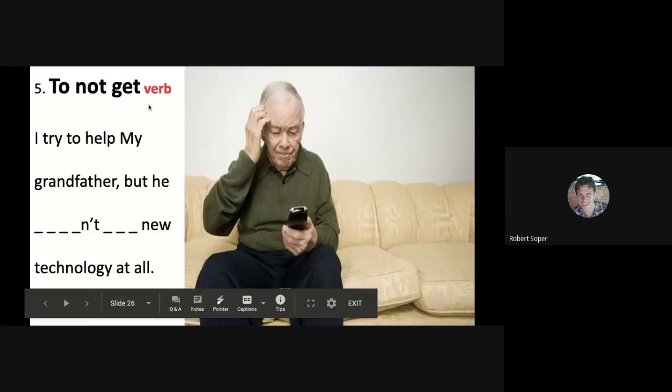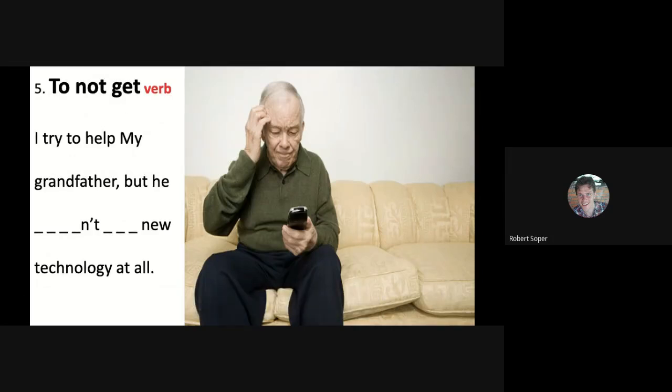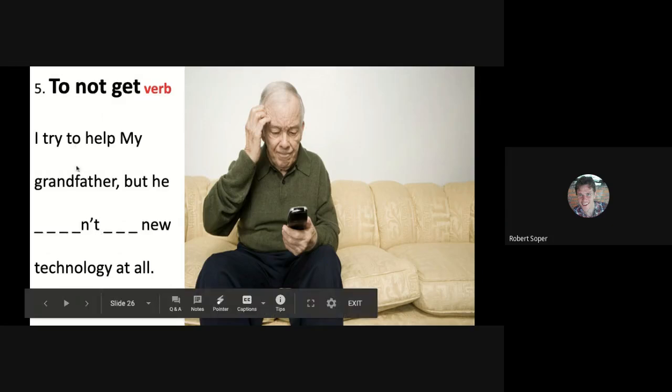Okay, to not get something. What does it mean to not get? Well, to not get something is to really not understand. So here you could say, I tried to help my grandfather, but he doesn't get new technology at all. Okay, yeah, so